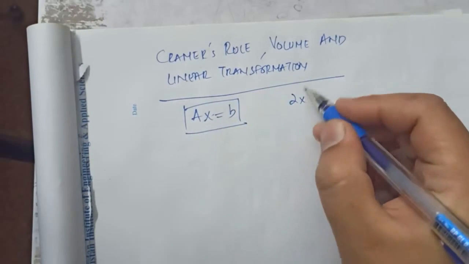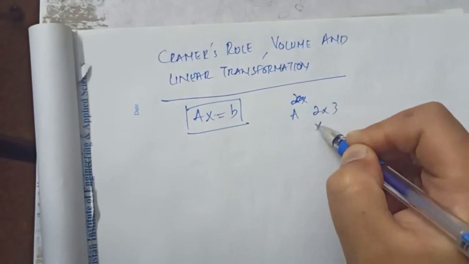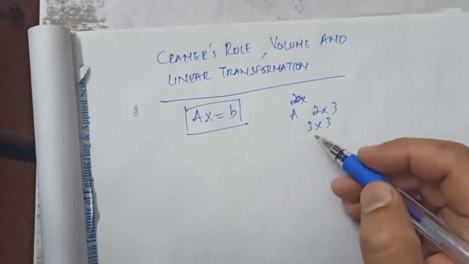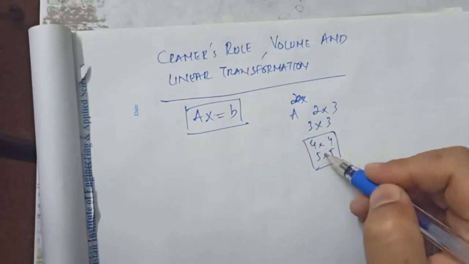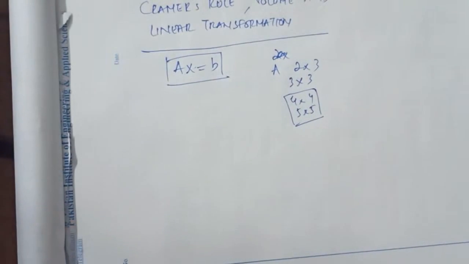when A is in the dimension of 2 by 2 or 3 by 3. Now if A gets a much higher order, let's say 4 by 4, 5 by 5, Cramer's rule is not a very useful method to solve for the value of x, right? So coming back to